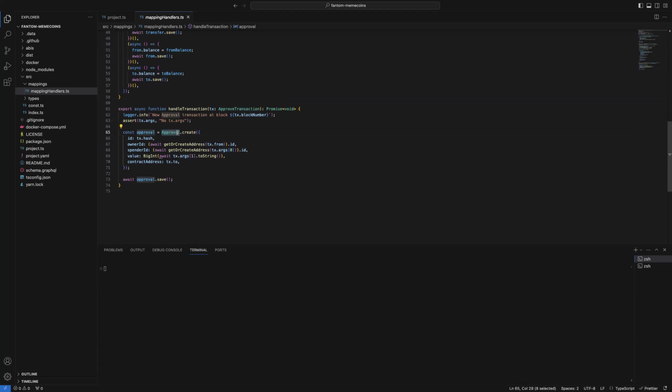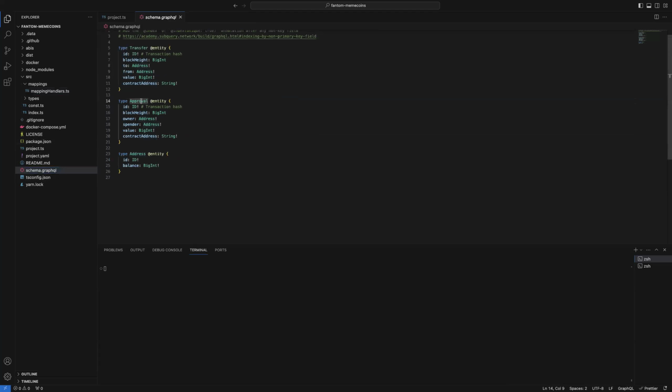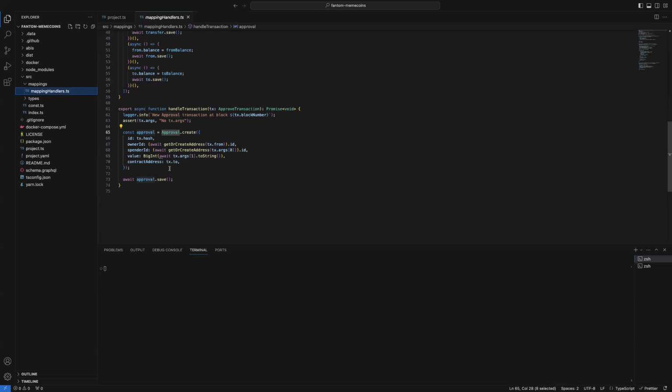So we're populating the approval entity, the one that we've been manifesting here, with a new value, a new row. Think of it as a new row in a database. So we're creating a new approval. As its ID, we're giving the hash of the transaction.